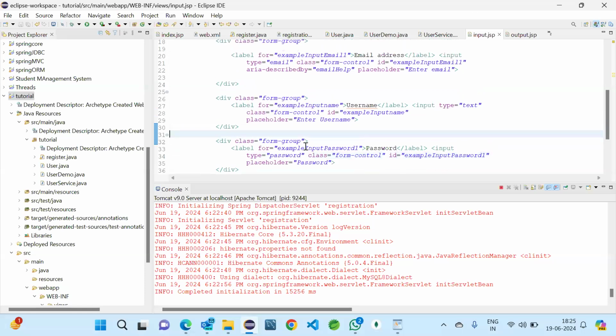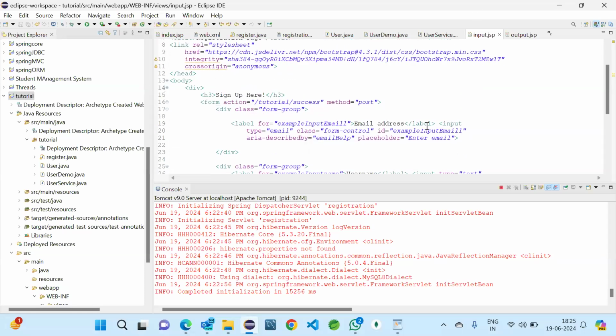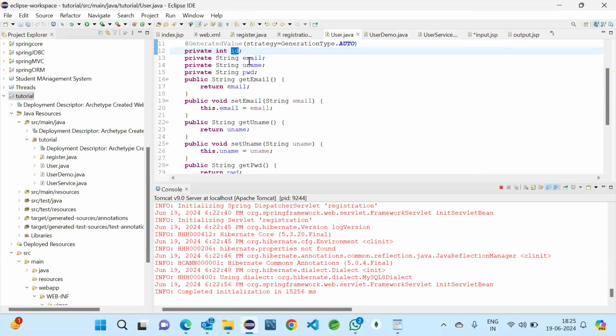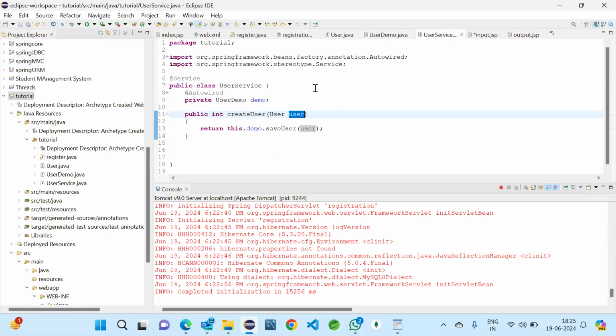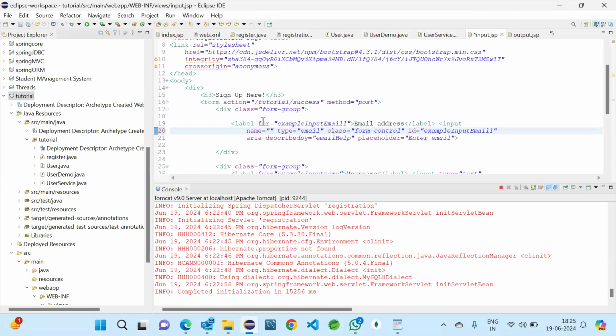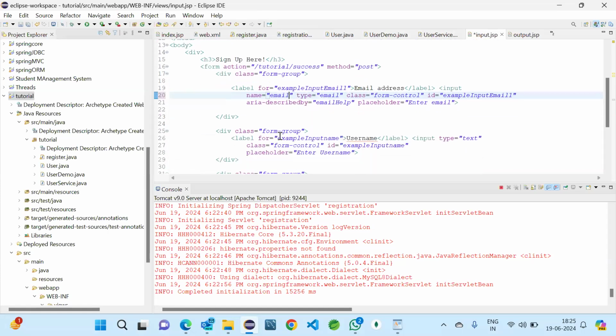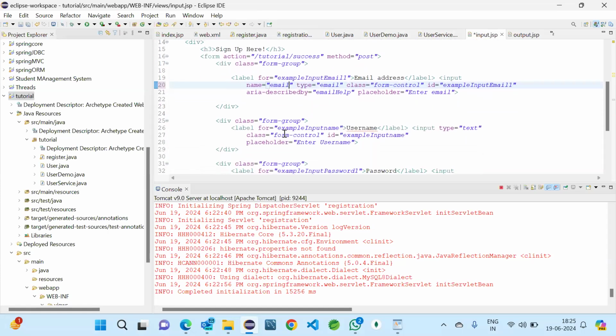We have the types. If you wanted to give name, you can give, like I will show. So name equals to, like this we need to give. But these names should be same as this user names, like this email, this uname, this PWD. So those should be matched. If you want to give you can, otherwise also fine, but I am giving for the clarity, when we are mapping the values it should take accordingly.